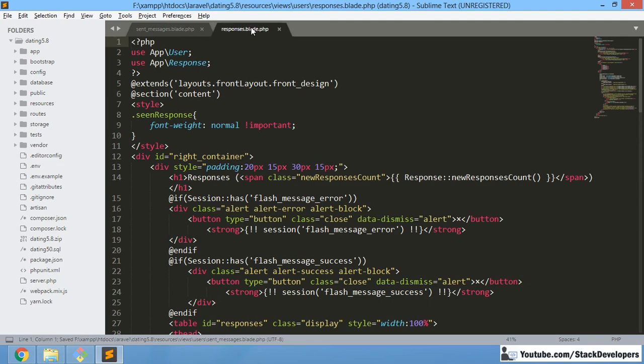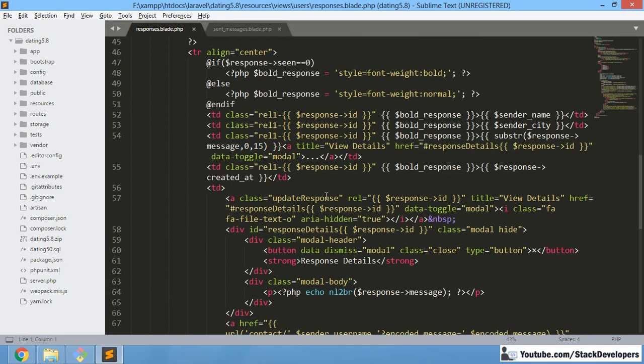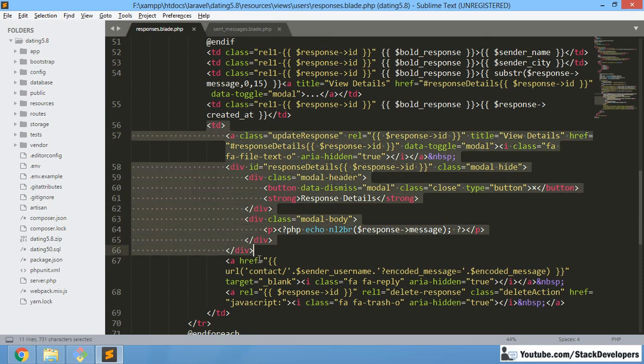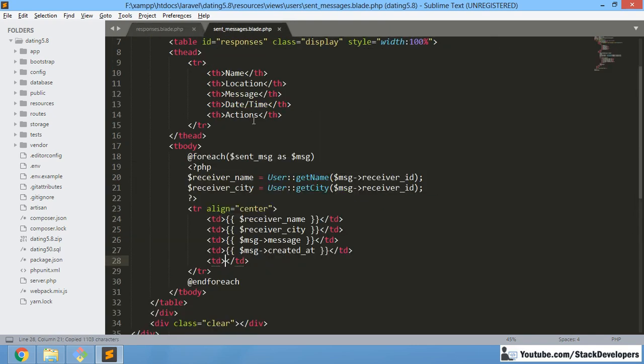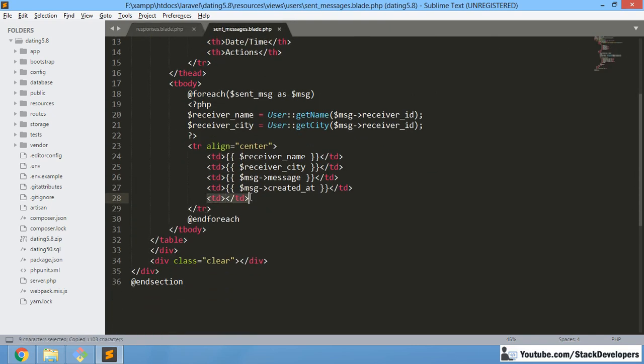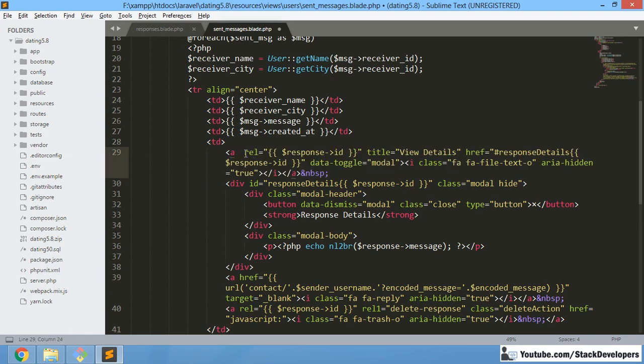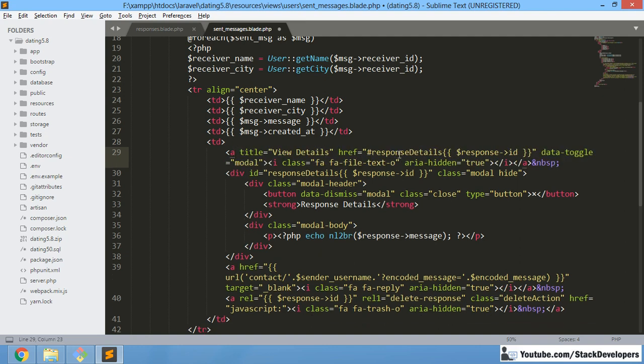Okay, so in the responsive blade file we have already done that thing, and here as well we are going to show this td. I'm going to copy it from here and paste that td here, and remove the unwanted code. We are not going to update any kind of response, so I'm going to remove this unwanted code that we don't require. We will keep it as view details, and here in place of response details I'm going to add message details like this,